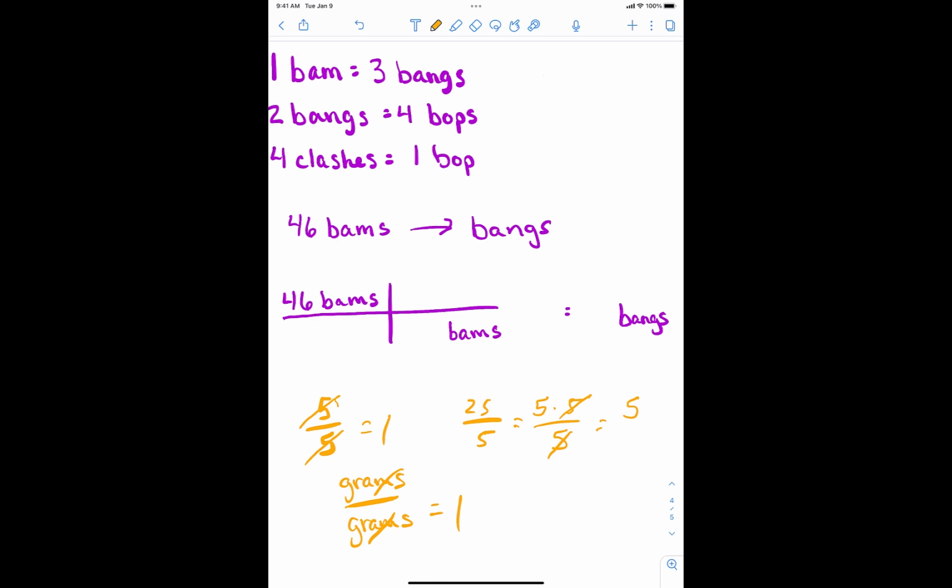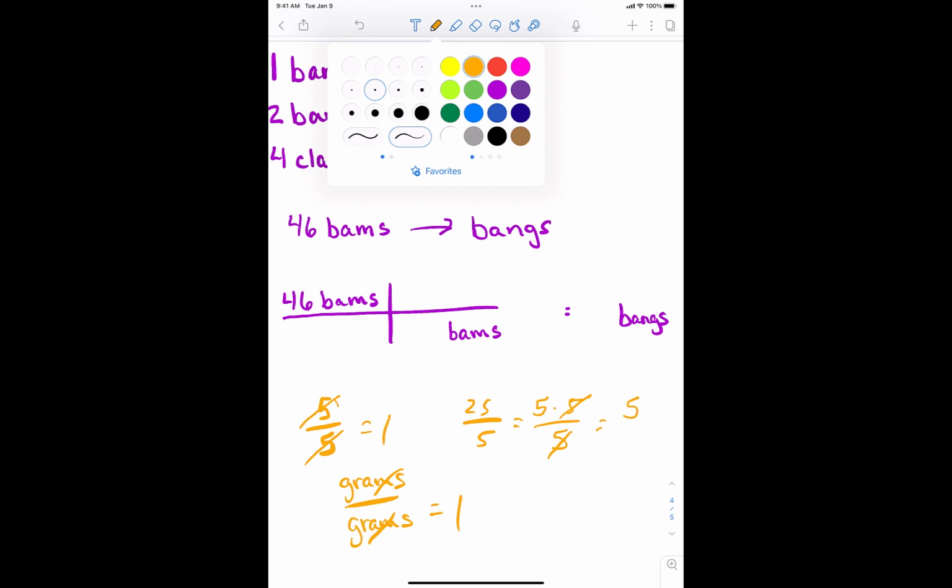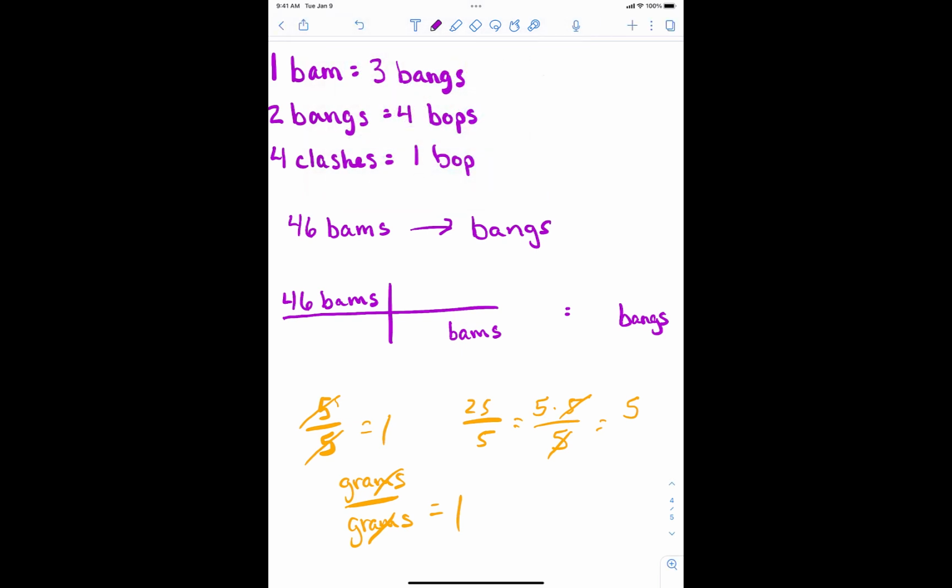And so when I'm doing a problem like this, I can say, okay, I don't want bams, and it's in the numerator now, so in my next step it has to go in the denominator. Then I say, okay, where do I want to get to? I want to get to bangs. Do I have a conversion factor that's going to get me directly from bams into bangs? And the answer is yes. So I can put bams on the bottom and bangs on top, and if I look right here at this conversion factor, I see that 1 bam is equal to 3 bangs. And so I can say 1 bam is equal to 3 bangs, and I can go ahead and do that